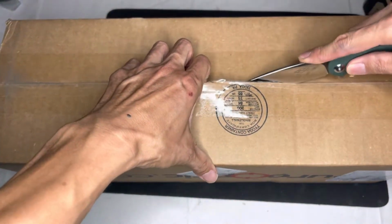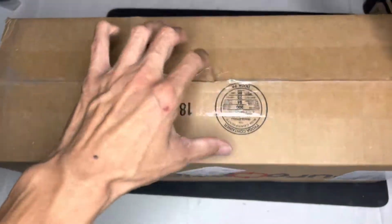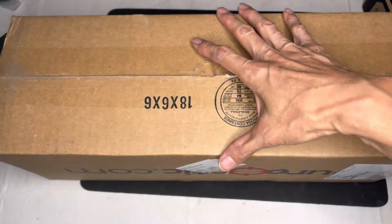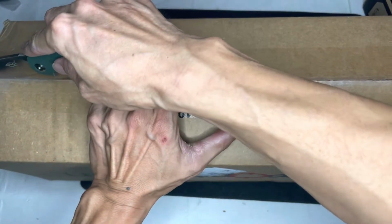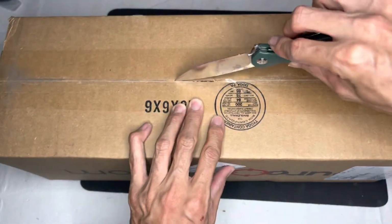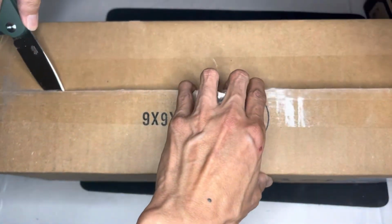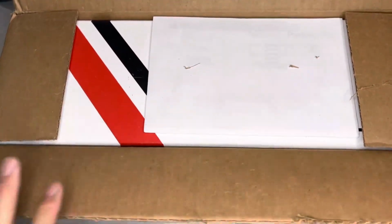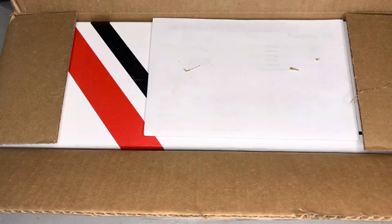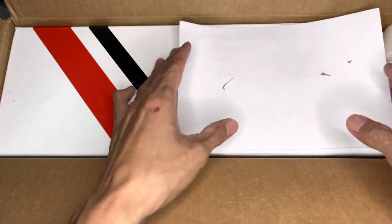I'm probably going to put this one on my lightweight build. I'm not going to lie, because I wanted an LPVO for my lightweight build, but I didn't want something really heavy. I really do like the Vortex Viper PST Gen 2 1:6. I will probably end up waiting until they come out with a first focal plane version of it, just like they did with their Strike Eagle, because I mentioned in another video that I wanted a Strike Eagle first focal plane, but I think I'd just much rather have that,